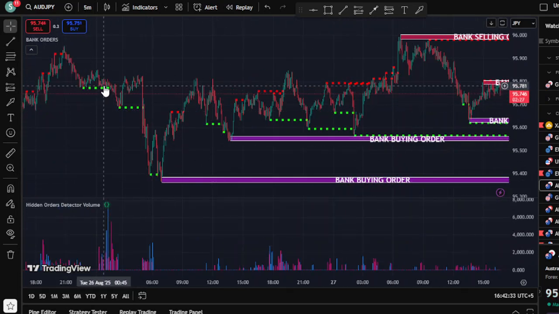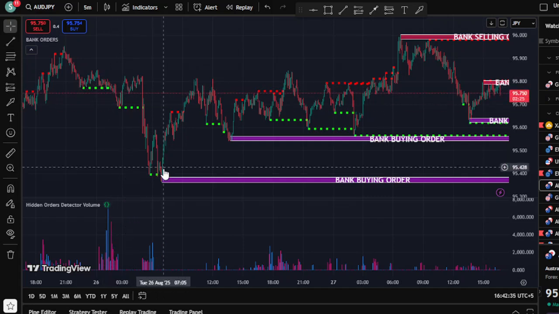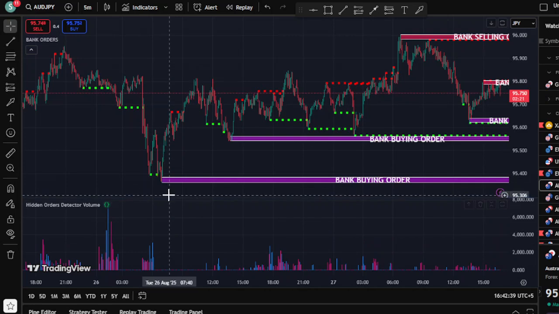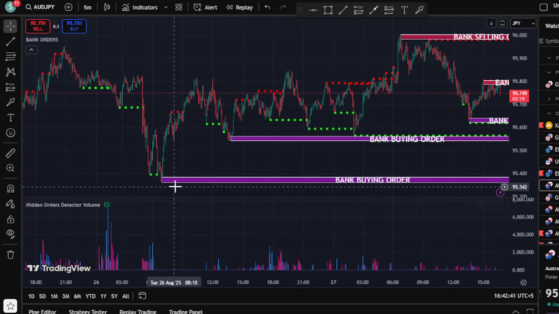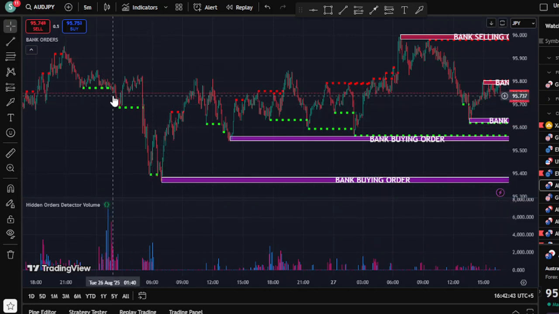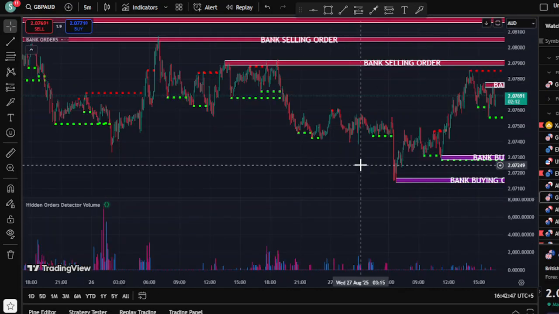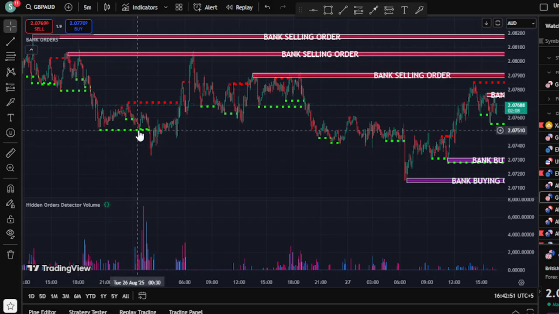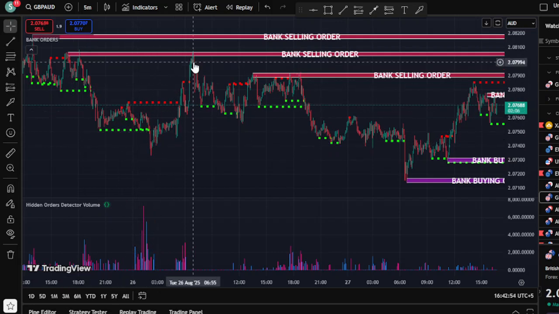The price dropped after the ultra high volume, and then there was a semi ultra high volume, but we will not consider that one. It's your choice. I'm working on this one, but right now we will only be taking our trades on the ultra high because we will not consider anything else. Look at this. Price was down, ultra high volume came here, and then you see a reversal and the price targeted the bank selling at the top.